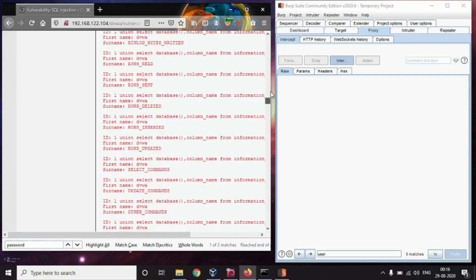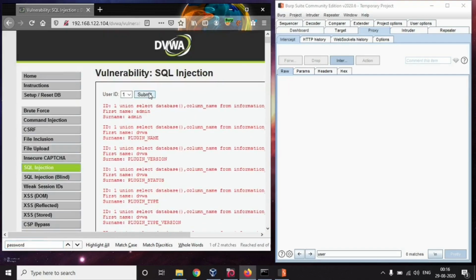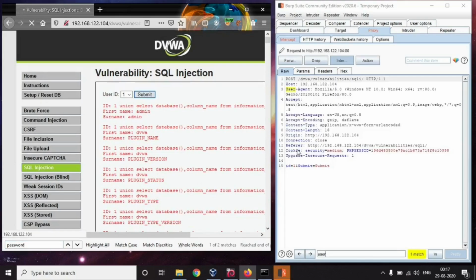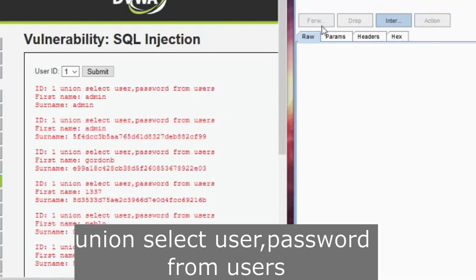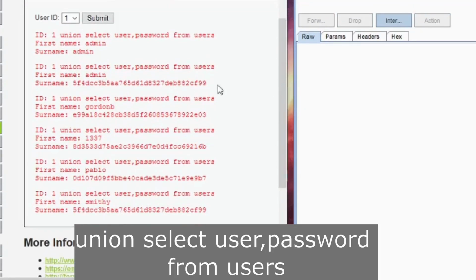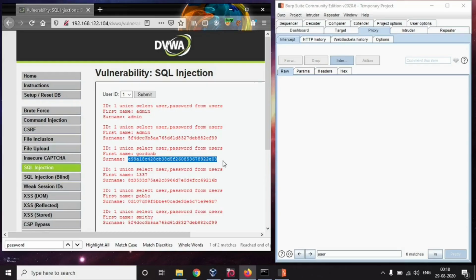Okay, fine. Now it's the time to find out all the users and their passwords. So I'll write a query union select user comma password from users, and here I've got all the users and their passwords, and this password is in MD5 format. Now there are many online tools available that can be used to decode these values.